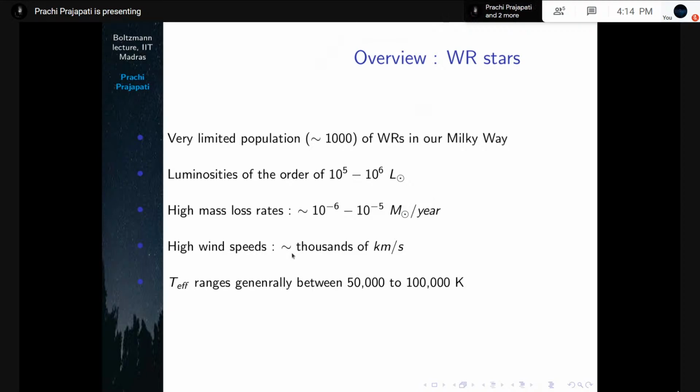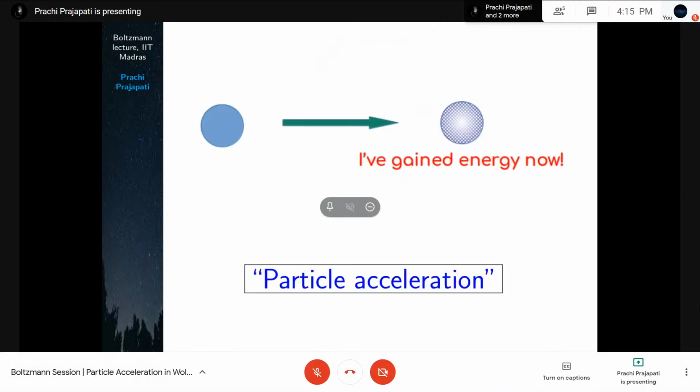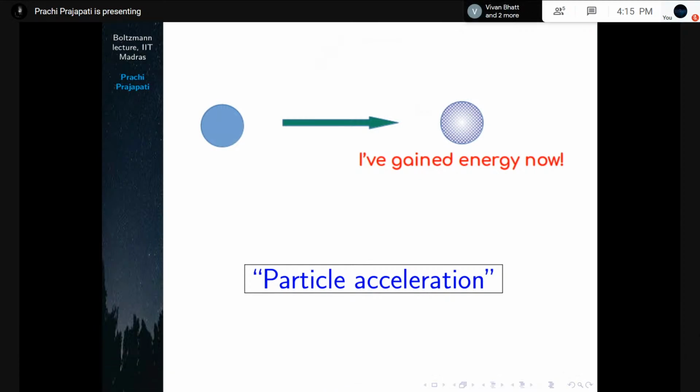Wind speeds for the sun are around 400 to 500 kilometers per second, whereas Wolf-Rayet stars possess quite high wind speeds, thousands of kilometers per second. The surface temperature of the sun is around 6,000 Kelvin, whereas these massive stars in their evolved phases have surface temperatures starting from 50,000 to 100,000 Kelvin. So this gives an idea of how hot they are, and the monster-like feature which I mentioned earlier, how that comes in.